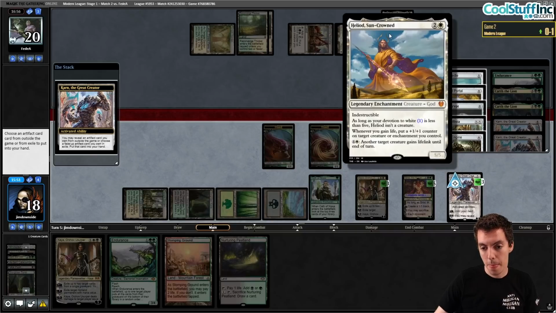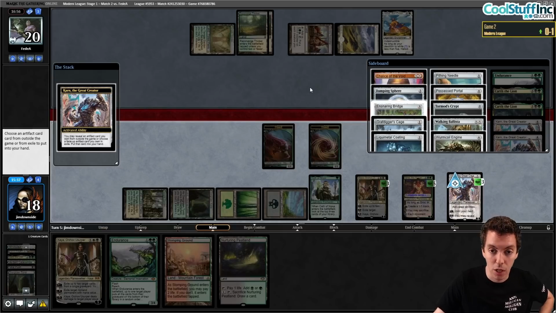That's not bad. Wait, no, it wouldn't. I'm sorry. We need to name Spike Feeder to stop Infinite Life, and we would need to name Heliod to stop the Walking Ballista combo, which they could have next turn. They could go Walking Ballista on 2, Heliod, kill us. So maybe we should get Pithing Needle here and name